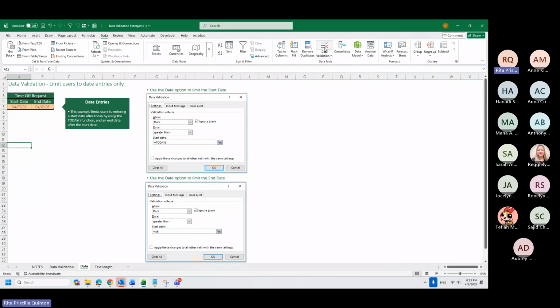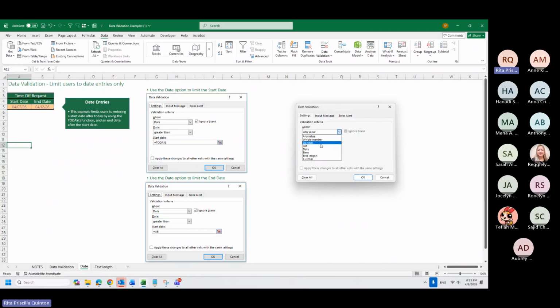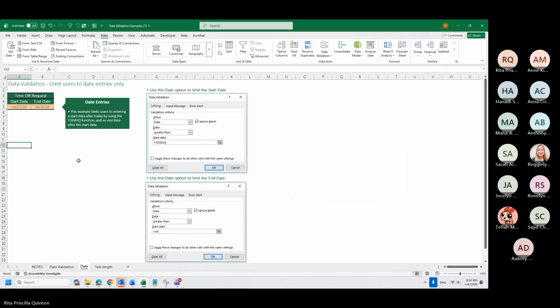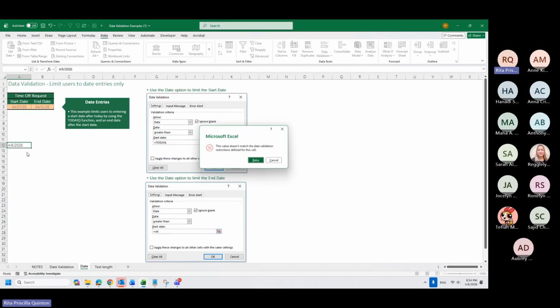So data validation, from here we will choose date, start date, greater than today, since the leave should only be filed from tomorrow onwards. So if I put the date today here, it will give me an error.